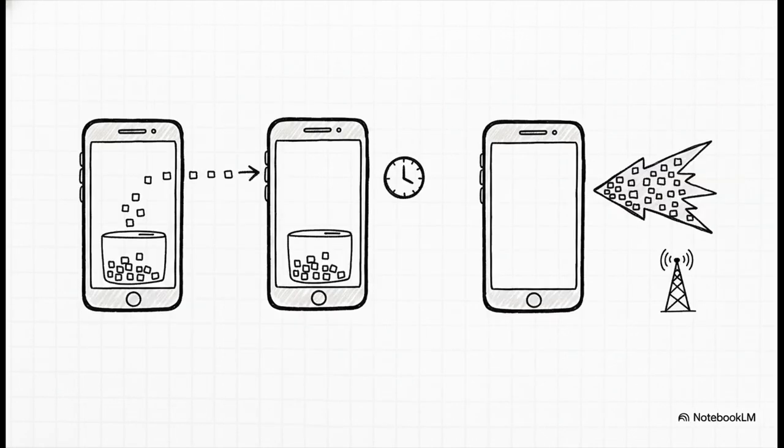So what this means is your phone isn't actually transmitting constantly when you're on a call. Nope. Instead, it gathers up a little chunk of your voice or your data. It waits for its assigned microsecond, and then it shoots it all out in one super fast, compressed burst. They call this the buffer and burst method, and it's what makes the entire system so incredibly efficient.